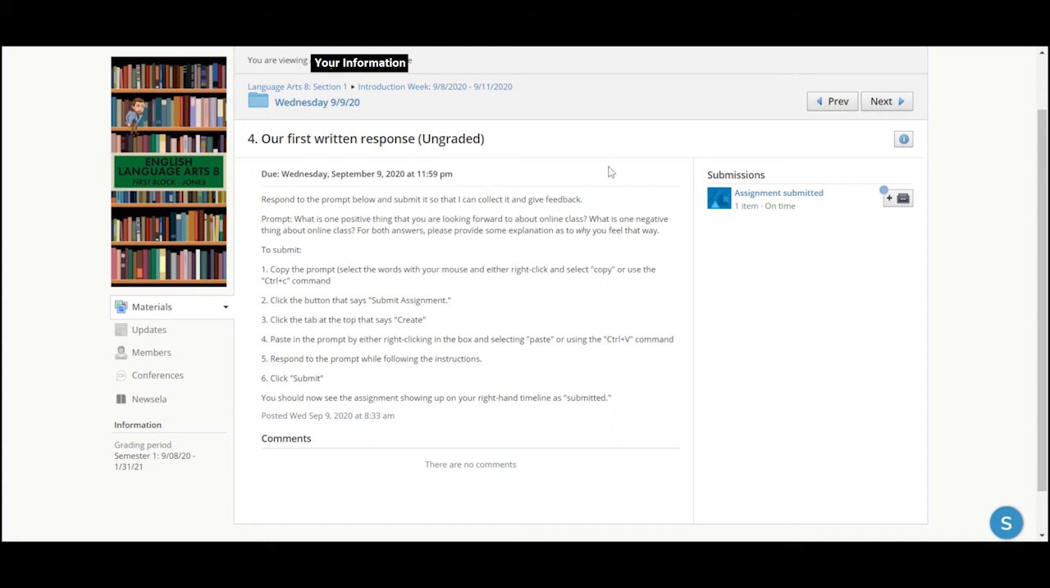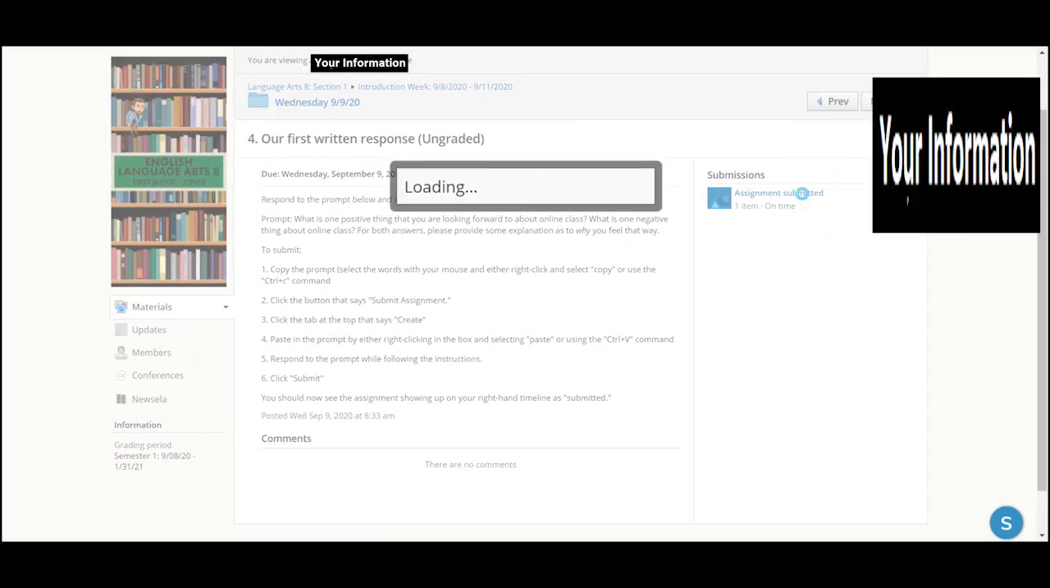So for this last type of material that your teacher can have in the course is an assignment. And you'll be able to see any typed description for that assignment. If the teacher decided to attach a Google document or slideshow to this assignment, you would most likely not have access to it. And if your student has submitted something, you can look over here and see that it's been submitted. And when you click on that submission,